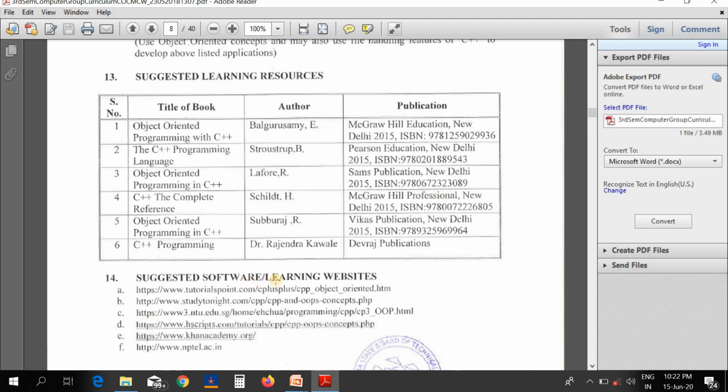By using this, you can learn the basic concepts of object oriented programming, or how the object based programs are written in C++ language. Thank you.